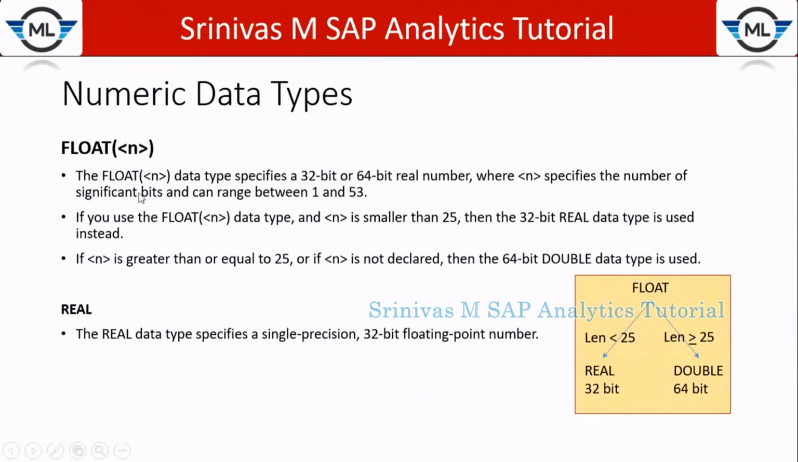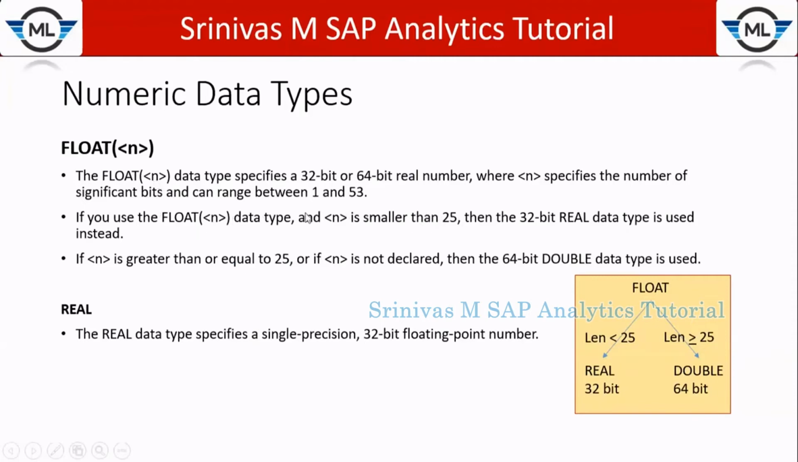So when you are defining any column with data type float, it can be stored in the database with either 32-bit or 64-bit. Here n specifies the number of significant bits and can range between 1 to 53. So if you are defining a float, you can give max till 53 only, between 1 to 53, not more than that. And the next point is, if the value you give next to float is less than 25,